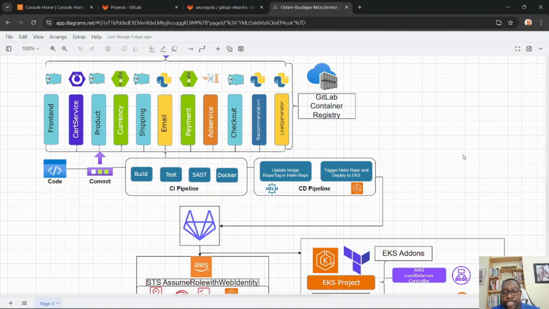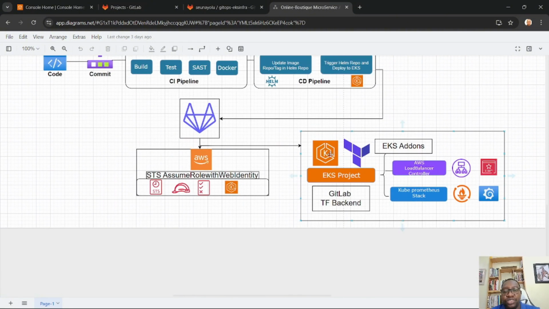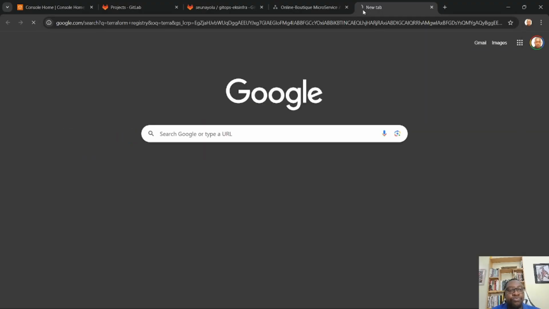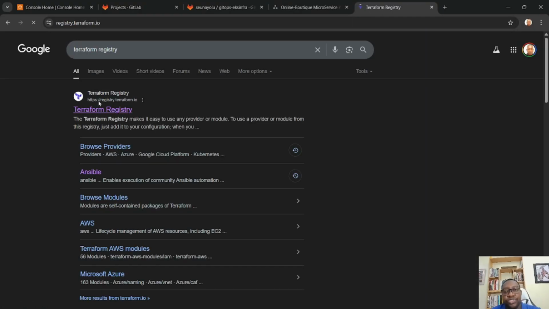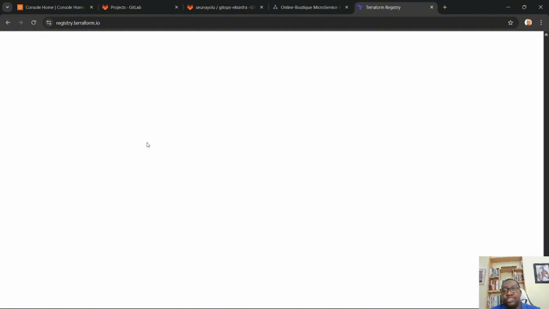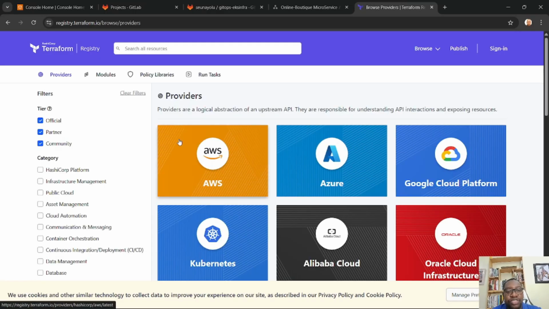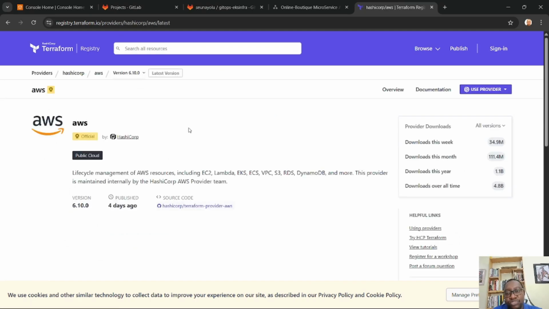our application. Okay, so here we're going to be using Terraform to deploy our EKS cluster, and I'm going to be leveraging the Terraform module that is available on the Terraform registry. So that's what I'll be using in order to speed things up. Of course, you can actually build your own EKS cluster from scratch. That's very possible. The only thing is that sometimes it can take you some time to do that,